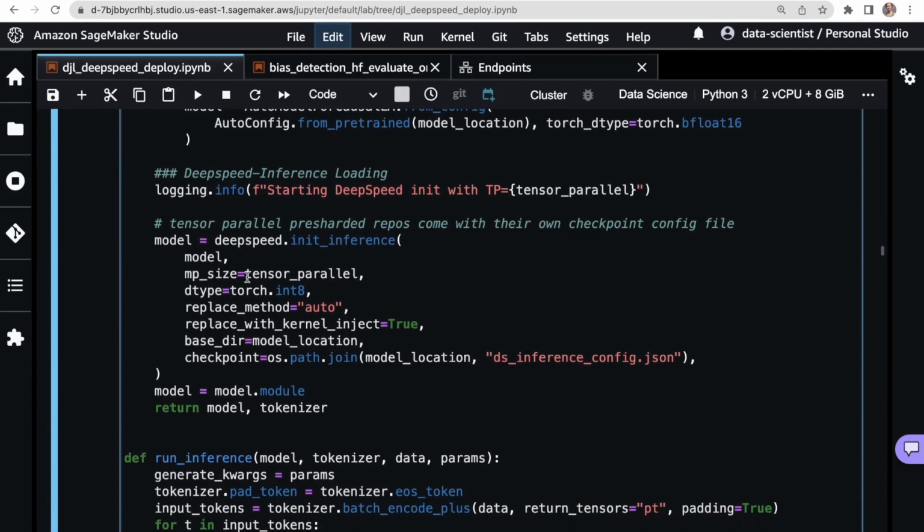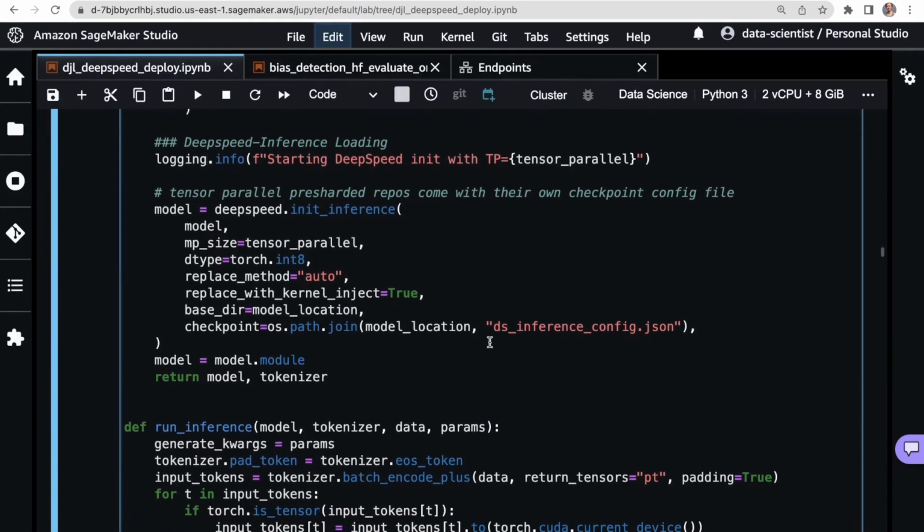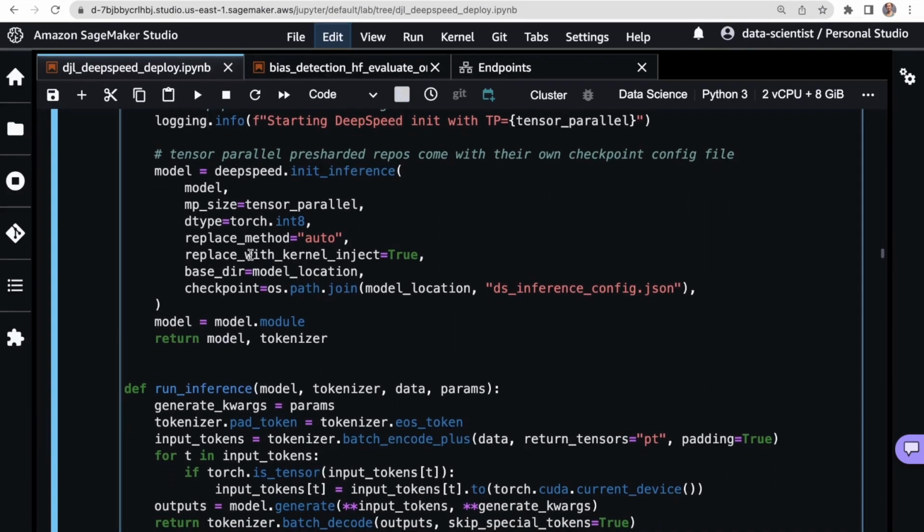Then we'll define the model size here. In this case using int8, so that's quite aggressively quantized. Replacing a few objects here, and then setting the checkpoints. And then this is reading the checkpoints, which will then replace that base model.